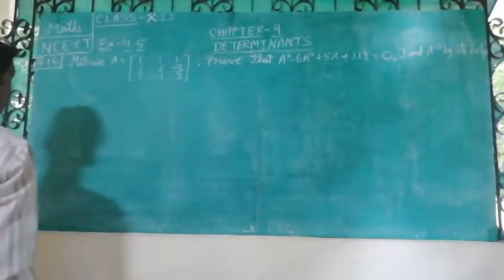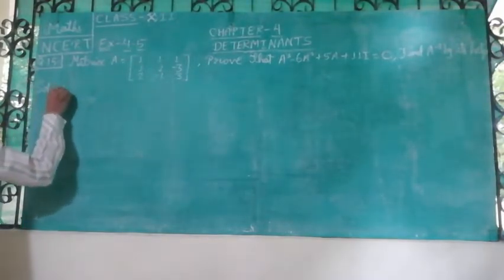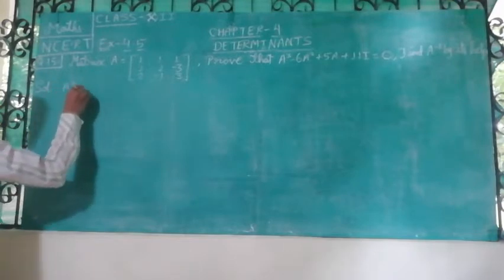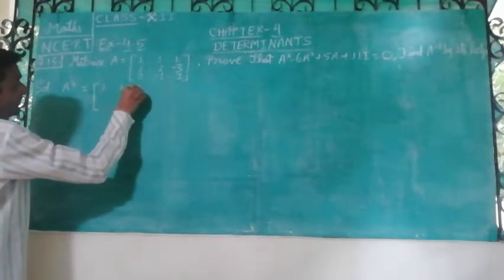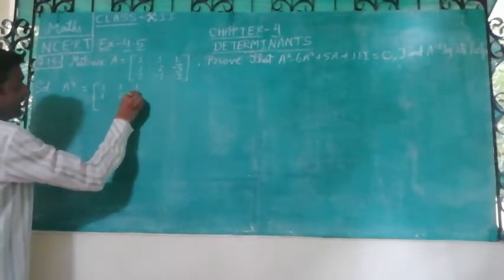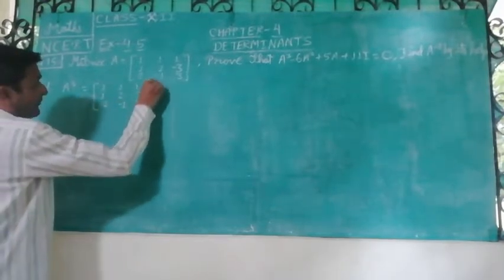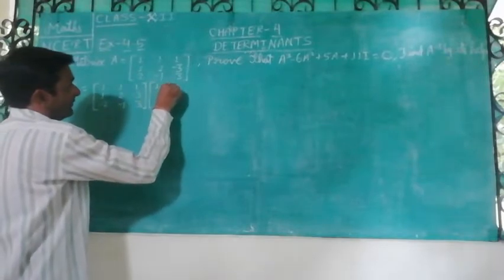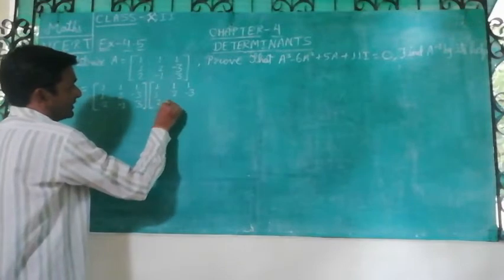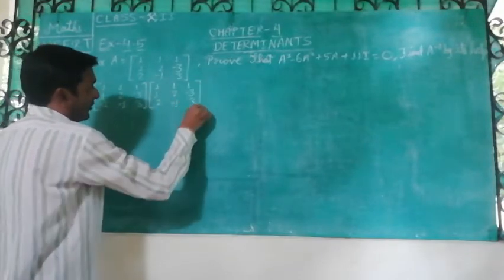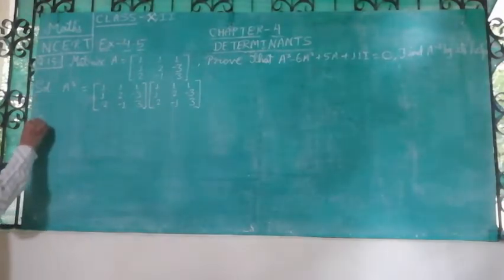So for this, in solution, first of all we have to find A square. A square is equal to [1 1 1; 1 2 -3; 2 -1 3], then again we have to write A, that is [1 1 1; 1 2 -3; 2 -1 3]. Now we have to multiply these two matrices. So A square is equal to